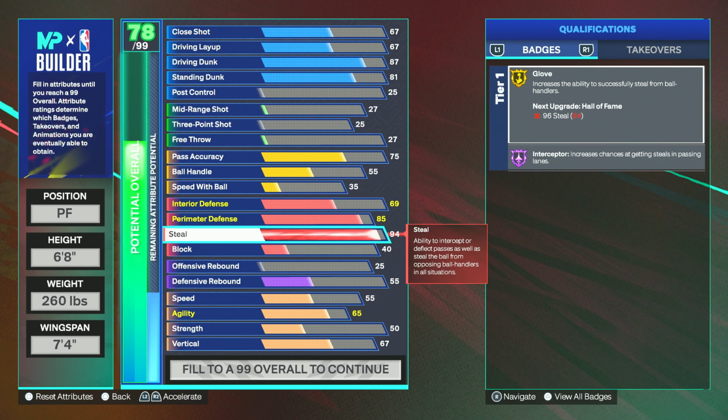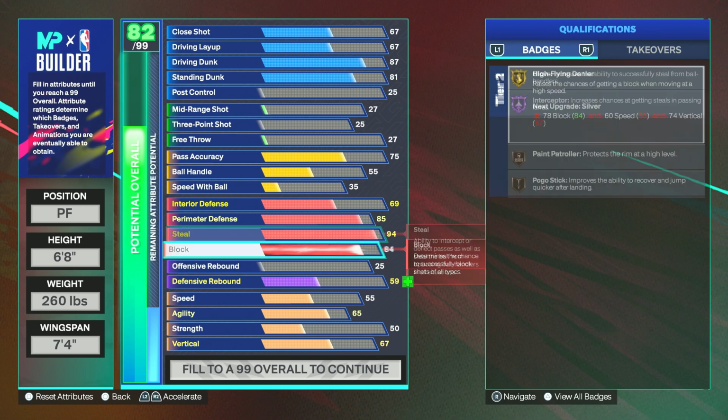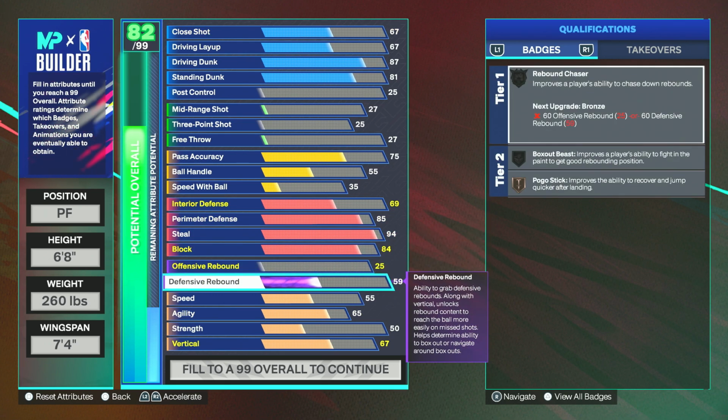It's crazy. That's what I love about the 6'8" build, and that's why I'm personally going to be making it. And with the block, you guys want to go 84, which is going to give you the paint patroller badge on silver. Now with the rebounding, the one thing I probably would criticize or say I like more about